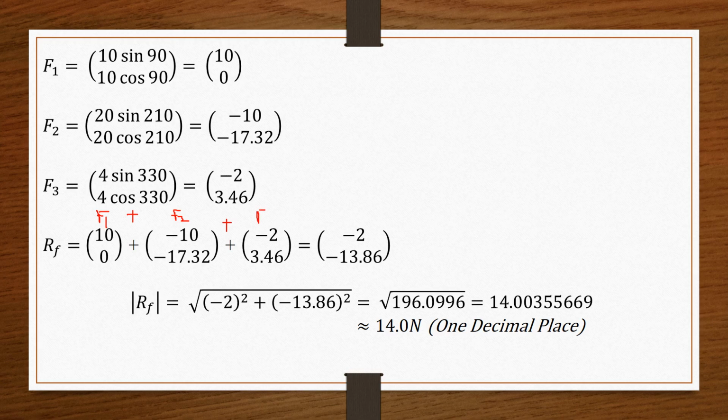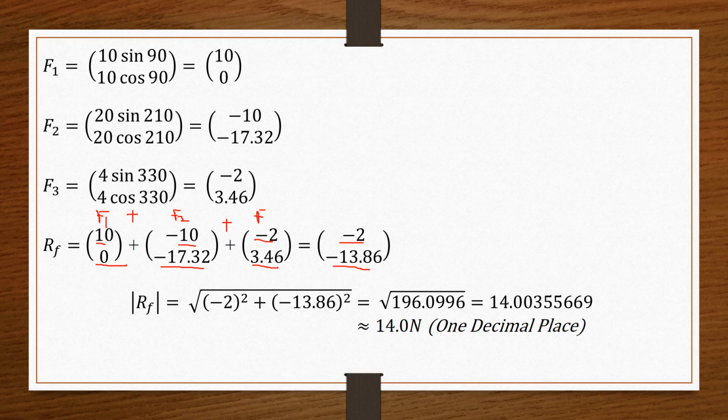I'll add the horizontals, that is 10 plus minus 10 plus minus 2, and that will give me minus 2. Add the vertical, 0 plus minus 17.32 plus 3.46, and that gives me minus